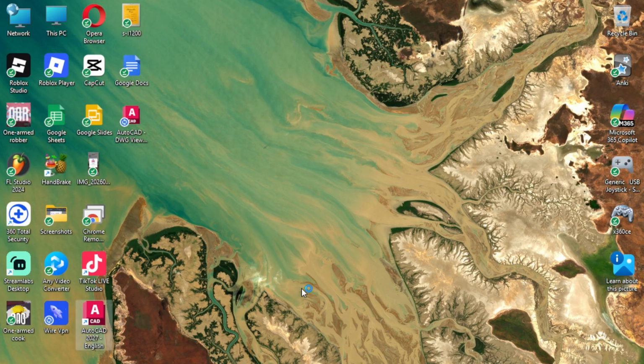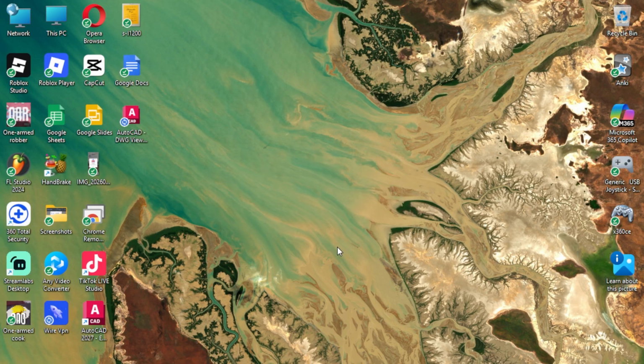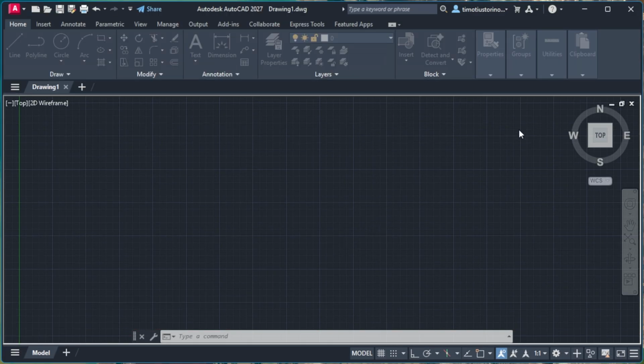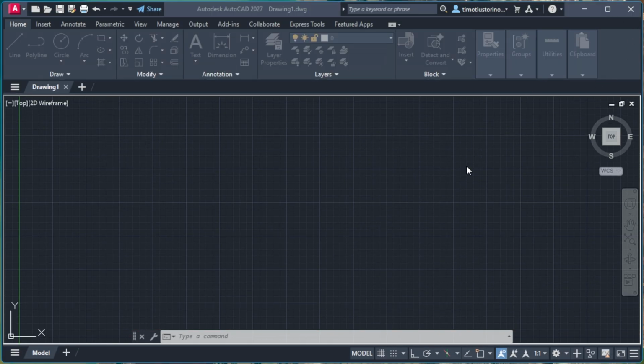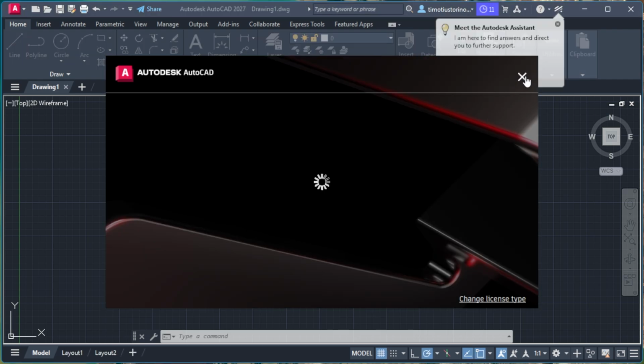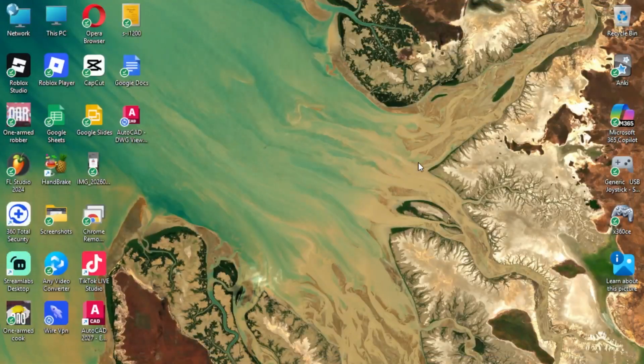Next, you need to use your mouse pointer to shut down the main drawing software so that none of its internal files are locked or running in the background. Move your pointer to the top right corner of your active drawing window, click the large X button, or click the main menu logo and select the Exit option. Look down at your bottom taskbar strip to ensure the program icon is fully closed and does not have a